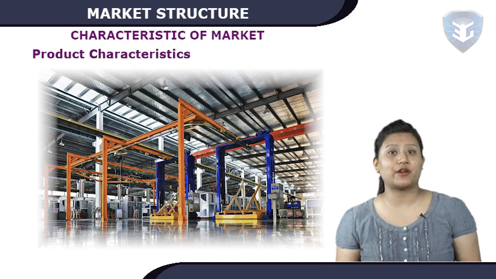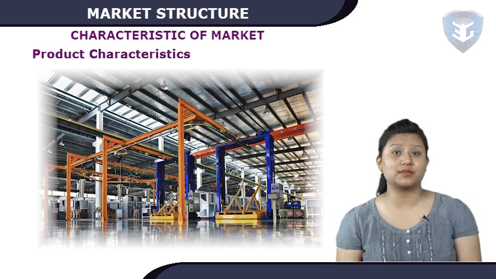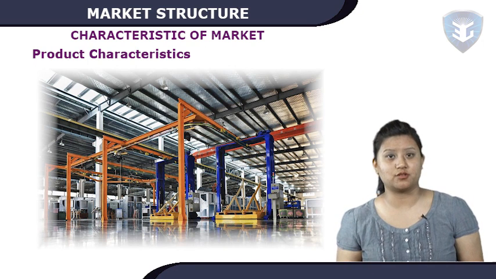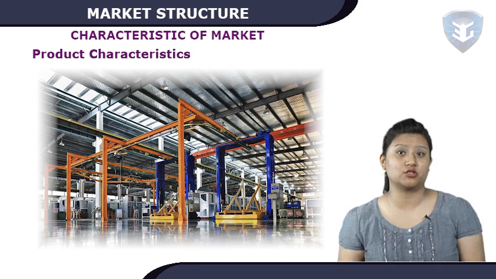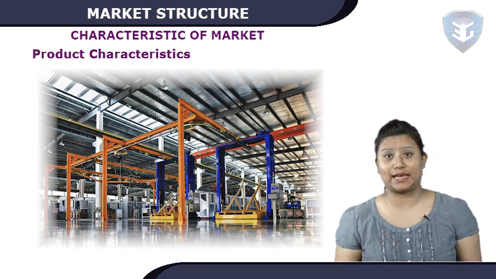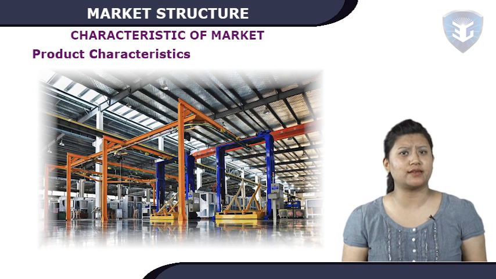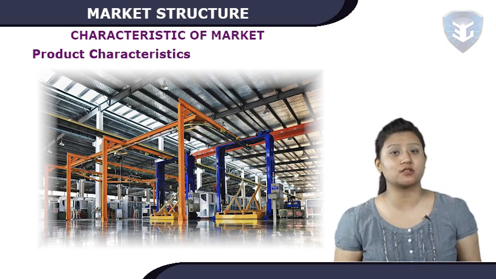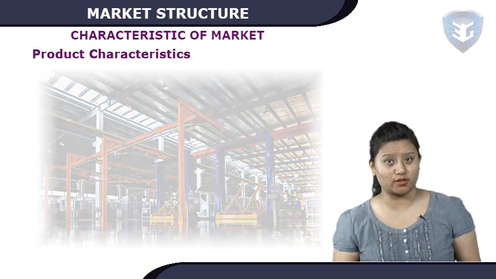The given example referred to market situations with CTV and detergent powder as product examples. Both these markets have many firms and the products are differentiated, but in the case of CTV, there are no close substitutes, BWTV being a poor one, whereas there are many substitutes to detergent powder: bar soaps, chips, cakes. Therefore, one notices more violent competition in the detergent market than in the CTV market. In the CTV industry, firms are competing with each other's products, but in the detergent market, the firms are competing with other substitute products as well.